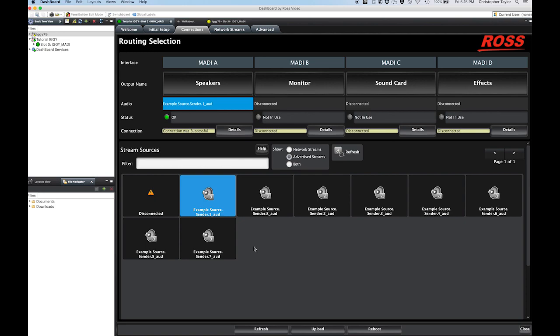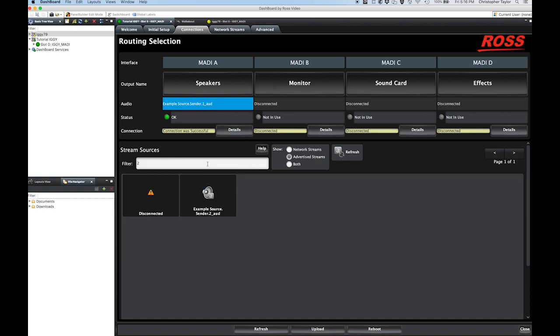There are a few other things to point out about this Connections tab. You can hover the mouse over a source stream to see further information about the stream. If there are more than 34 streams available, you can use these page buttons to page through the streams. Since it is possible for new advertised streams to become available, or existing ones to disappear, you can click the Refresh button to ensure that this list of advertised sources is up to date. There is also a text filter that allows you to quickly find streams in a large network. When any text is entered into this field, only sources that have this text in their names will be displayed.